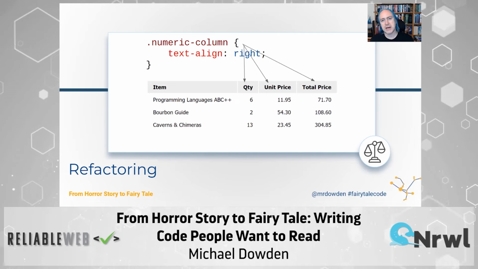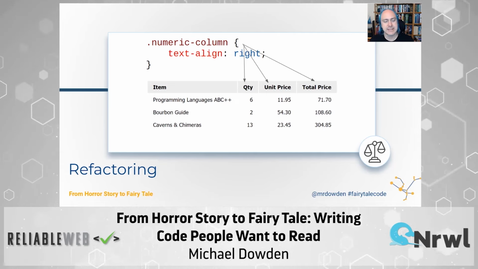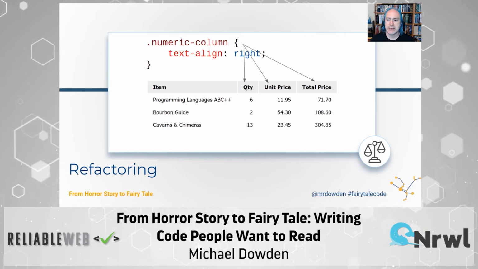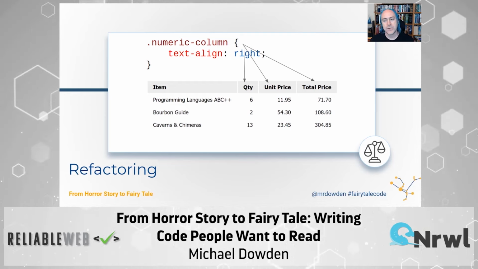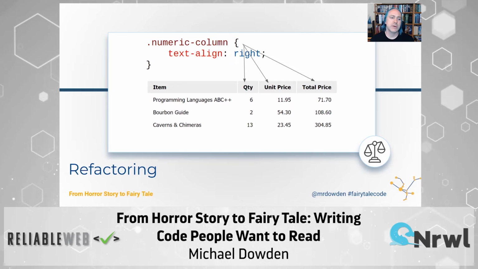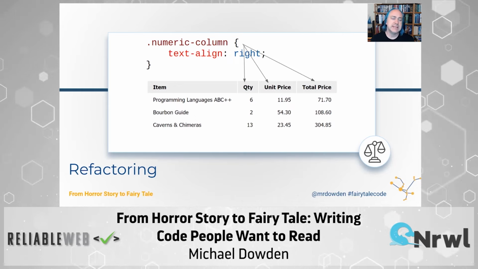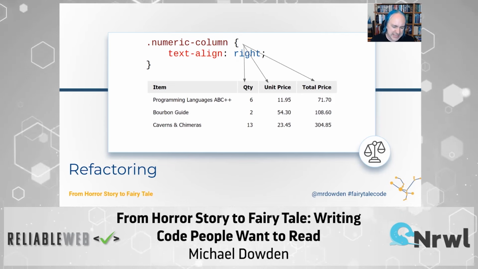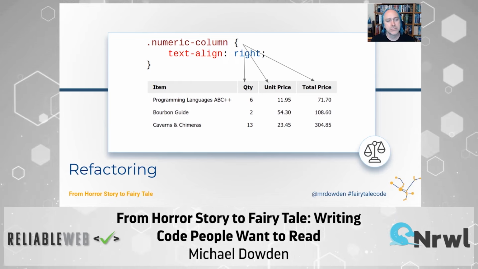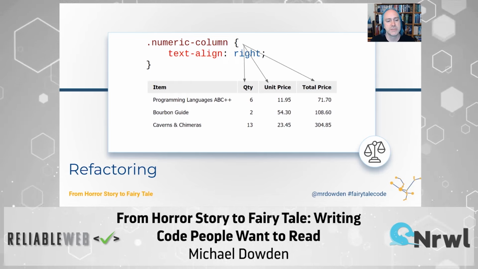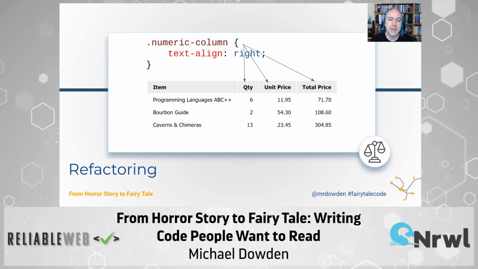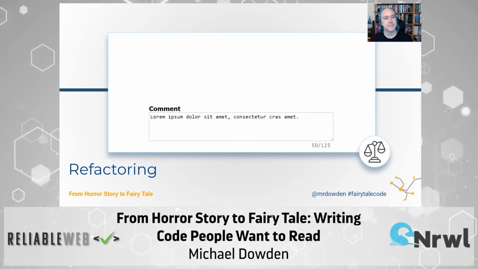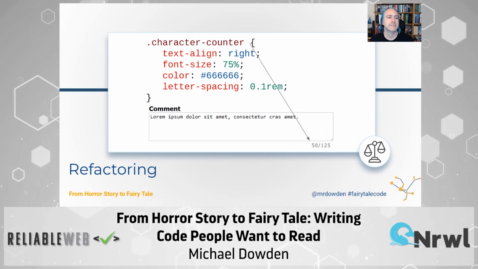Just because two blocks of code are exactly the same today does not mean that they will be exactly the same forever. And so if the intent of those two pieces of code is different, even if the actual text of the code is the same today, probably give those different class names, give those different function names, they're separate. They don't mean the same thing. They're going to diverge later on, just like this and this.